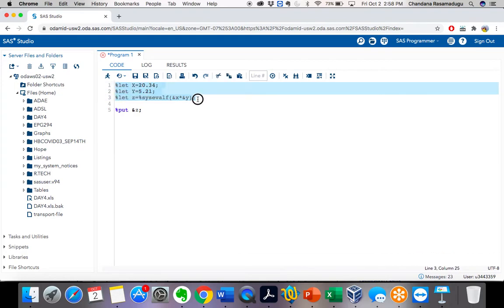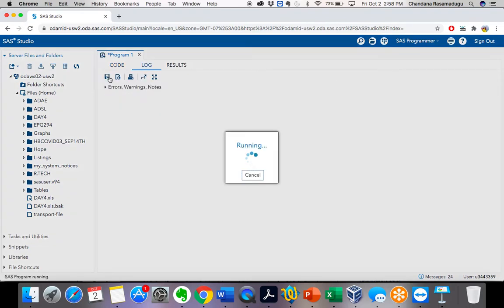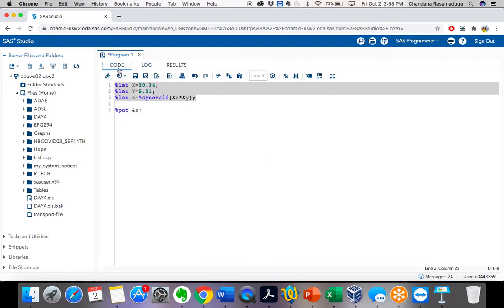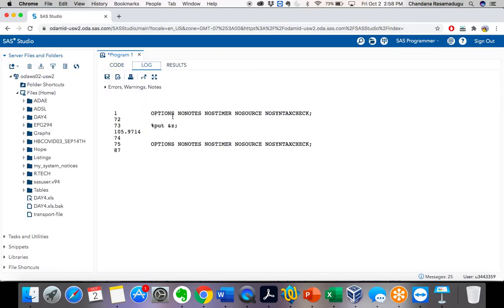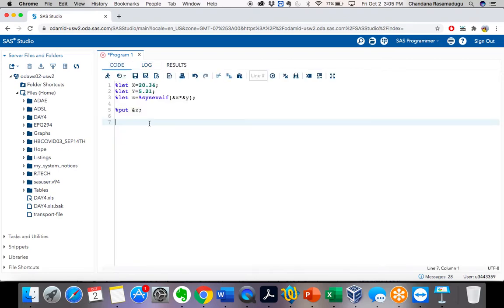Let's create a macro with this and check the value stored in z. See, it gave me 105.9714.